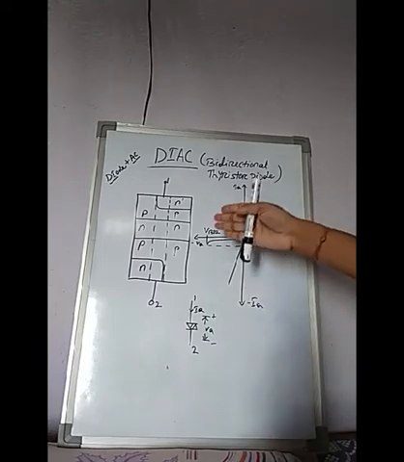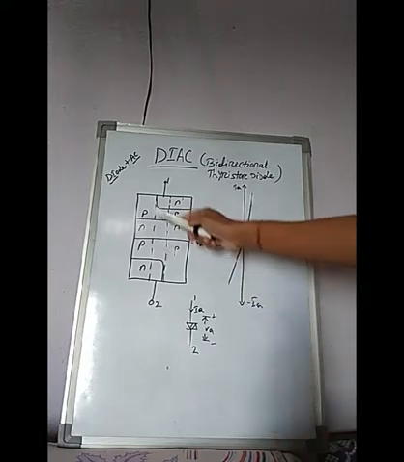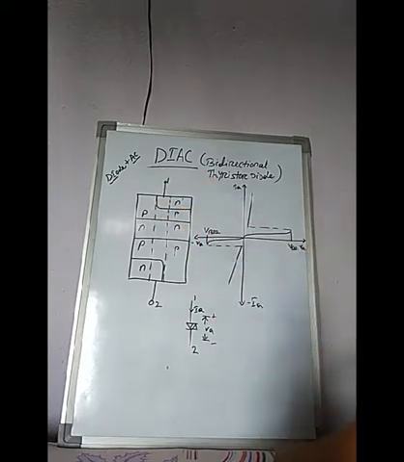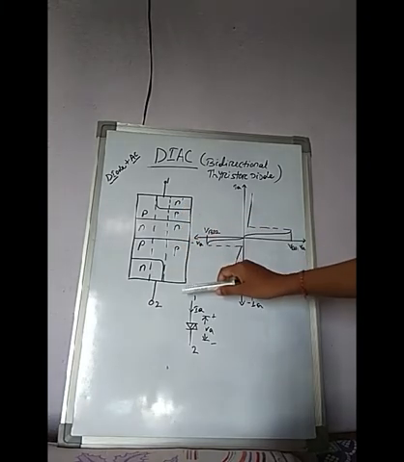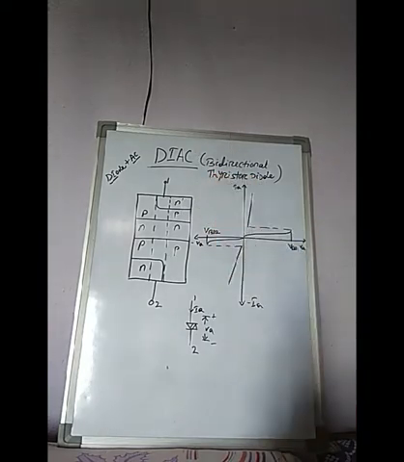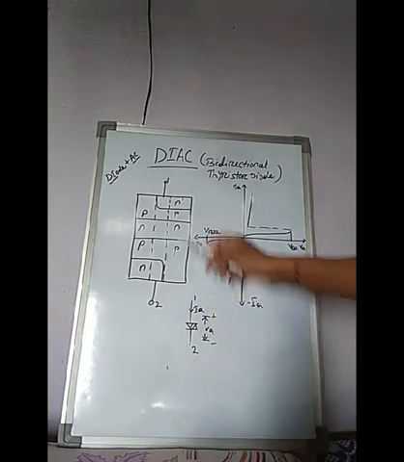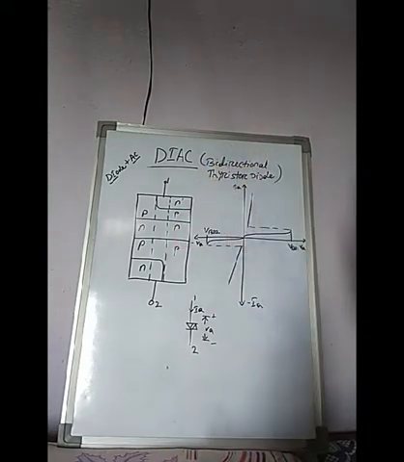In structural representation, the structure or layer diagram of the diac is basically the same as the thyristor layer diagram. How? Let's see. In the thyristor the 4 layers are there, that is PNPN. So here also 4 layers, PNPN, and if we go from this side to this side, then PNPN. So it also has 4 layers, 3 junctions. It has 2 terminals, 1 and 2, whereas the thyristor has 3 terminals, but here the diac has 2 terminals.